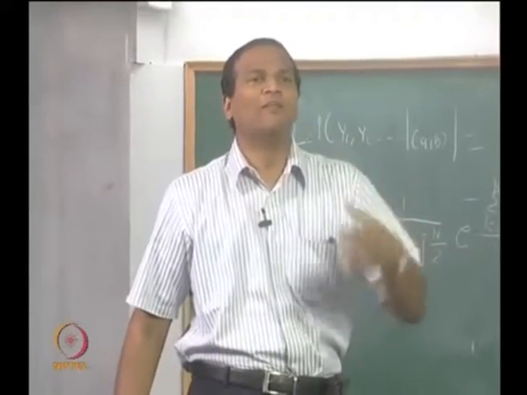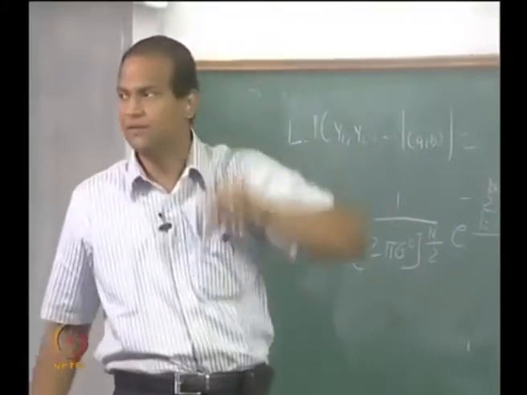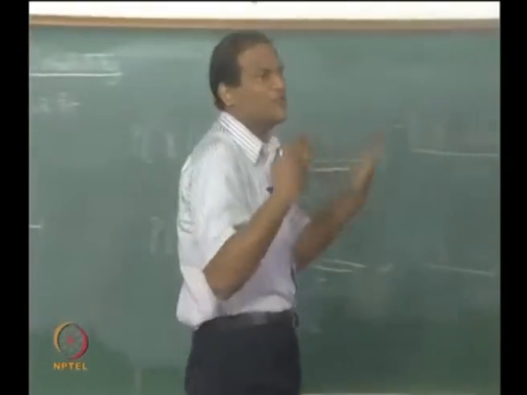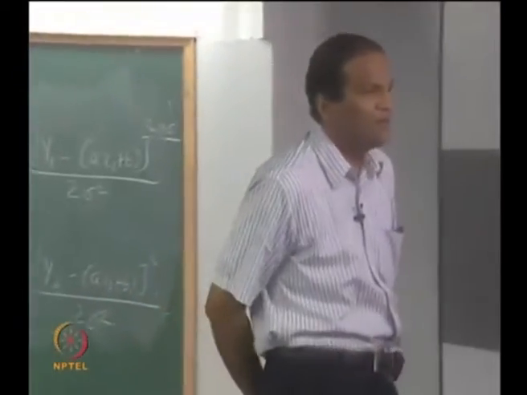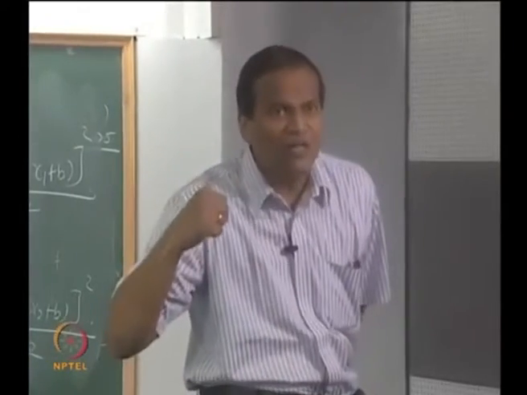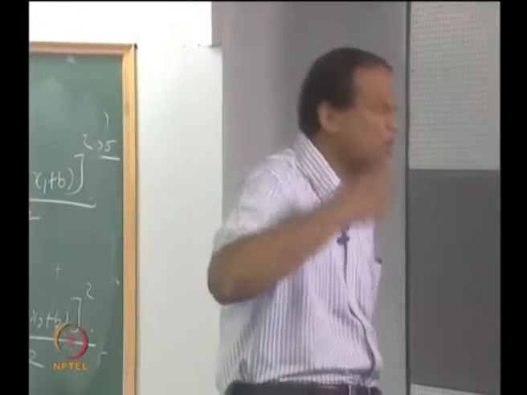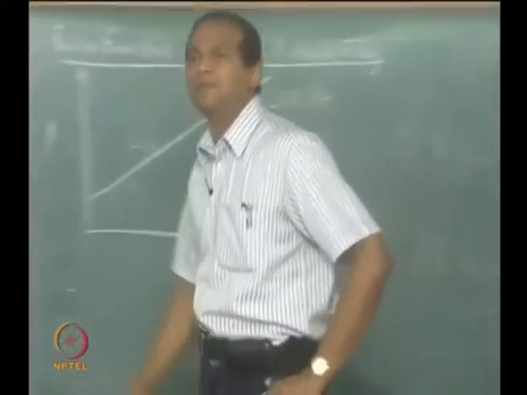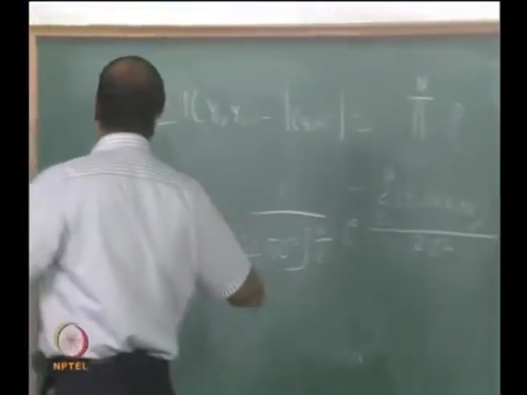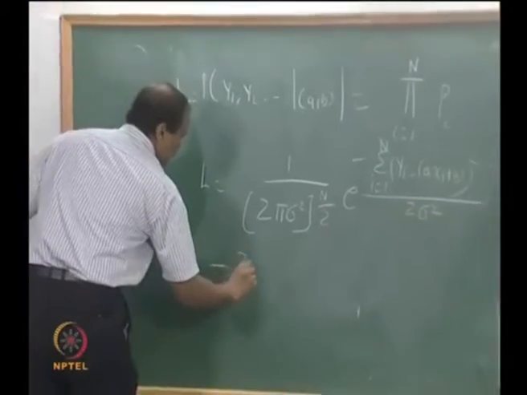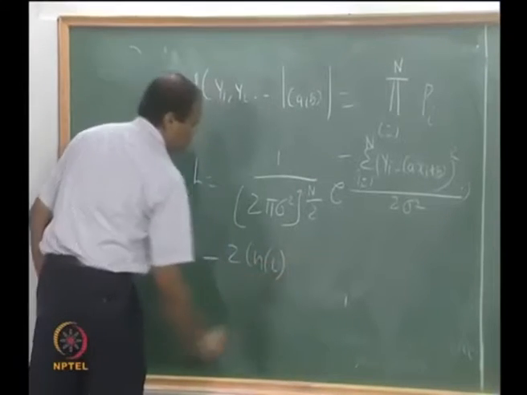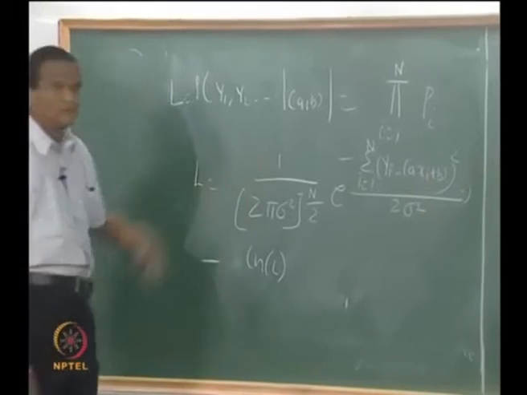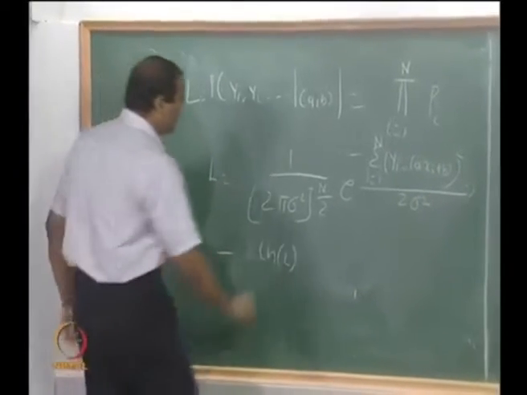Now you turn around and find the best values of A and B which will maximize P. You want to find those values of A and B which will give the maximum probability. In statistics, if you solve this equation for the maximum value of P, you are essentially doing what is called maximum likelihood estimation. So you can actually do minus 2 ln L or minus ln L. If you do minus ln L, what do you get?